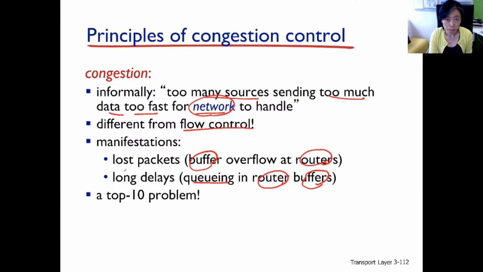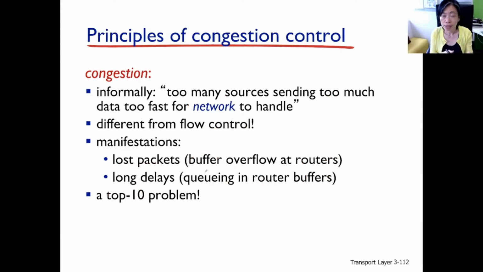So what's bad about having congestion is this: we see packet loss when the buffer overflows, or long delays when there are lots of packets waiting to be served. Congestion is one of the top problems in computer networks, just like reliable data transfer, and probably a little bit more serious than reliable data transfer these days. Coming ahead is a series of scenarios, growingly more general, and hopefully by the end of the discussion, you see congestion is something that's really bad. You could invest a lot of time, a lot of resources, but end up having nothing.